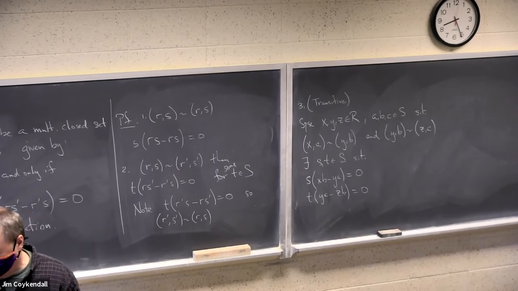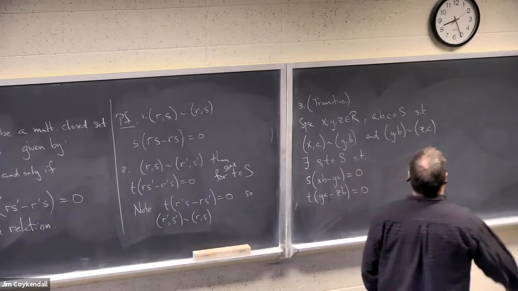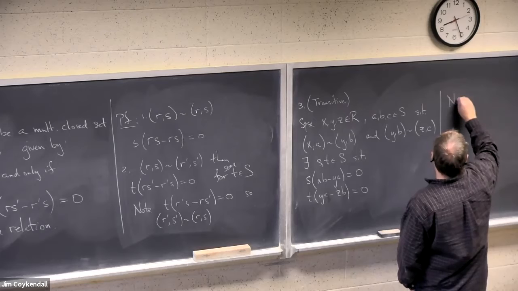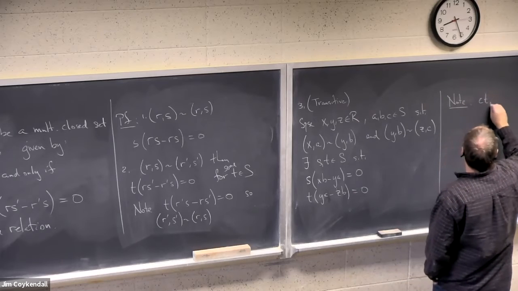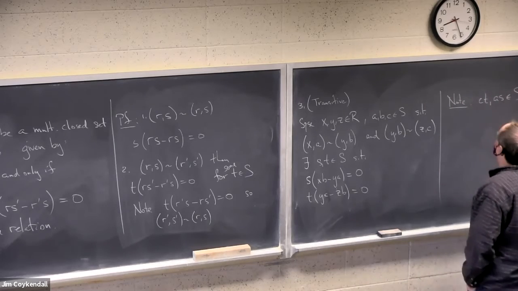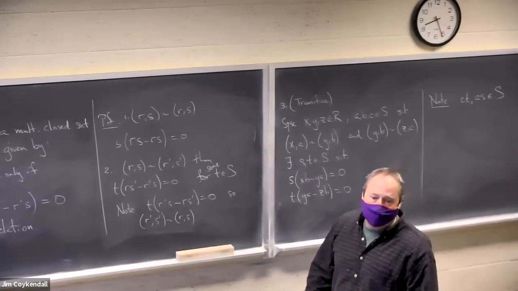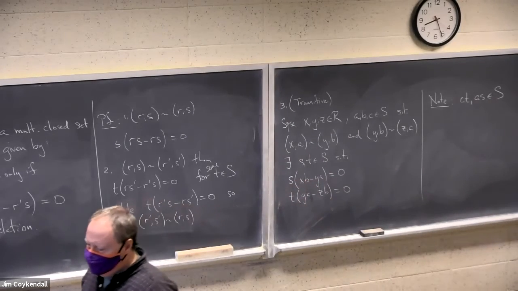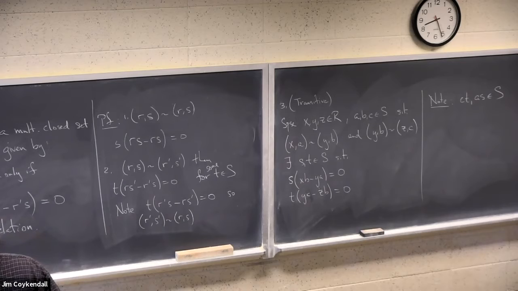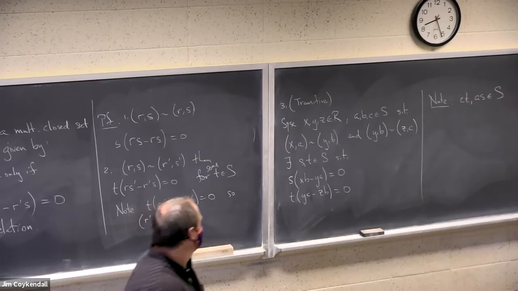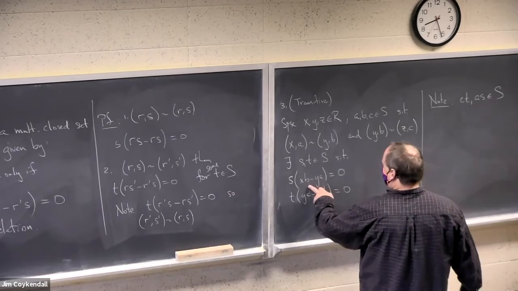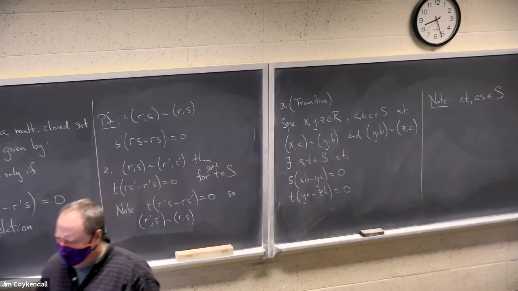Okay, good. So what I want to do now is note CT and AS, because it's a multiplicative set, and C, T, A, and S are all elements of S. So those two things are in there. And what I want to do is multiply the first equation by CT and the second by AS. So I'm going to hit this one by CT and one by AS to get